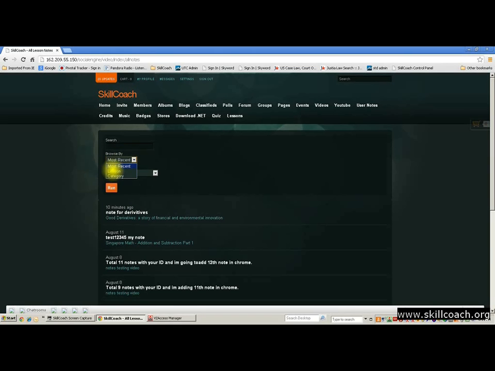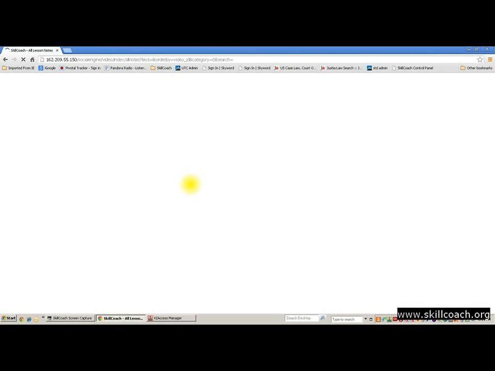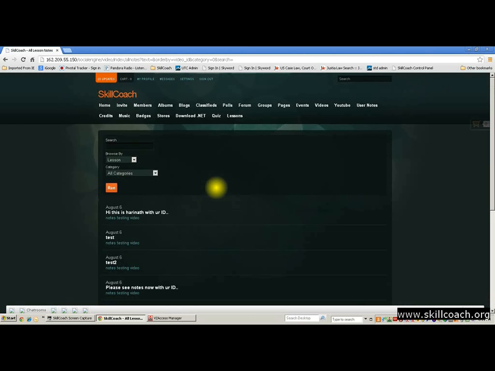when I click to sort by lesson. If I click to sort by lesson, again, this white space cannot happen. We need to have a loading icon, no white space. But the result,